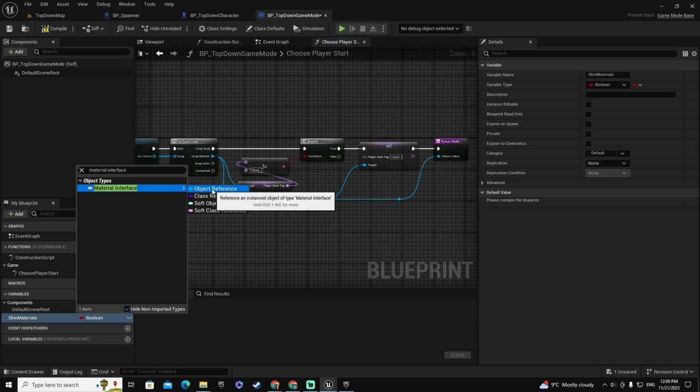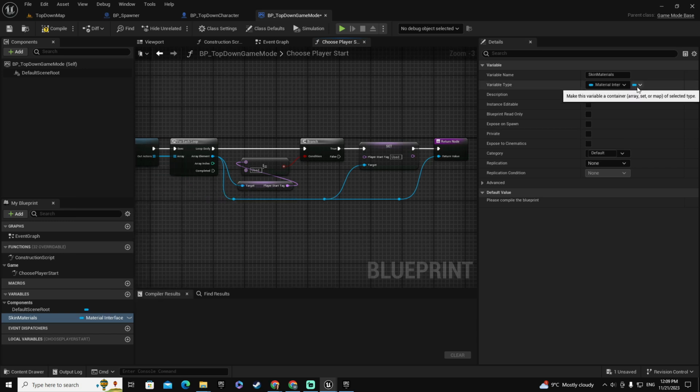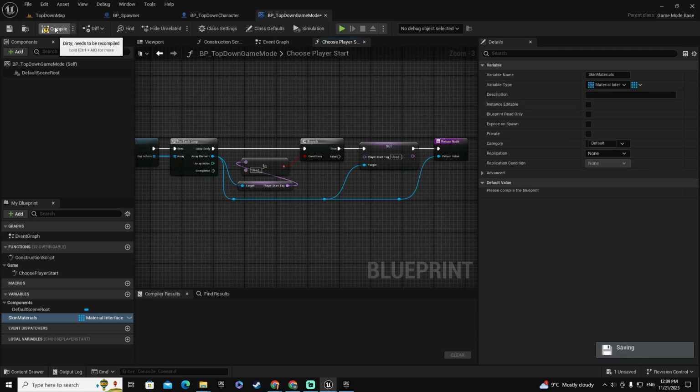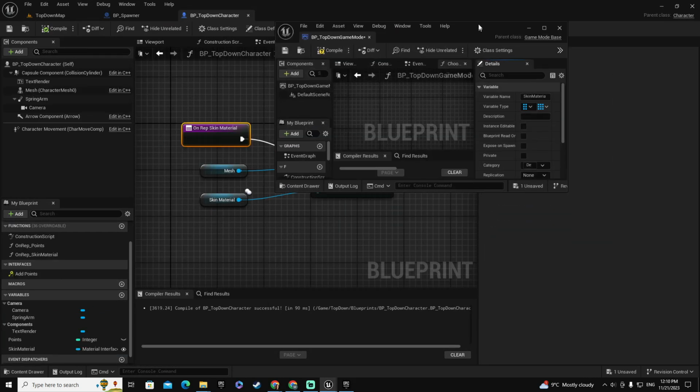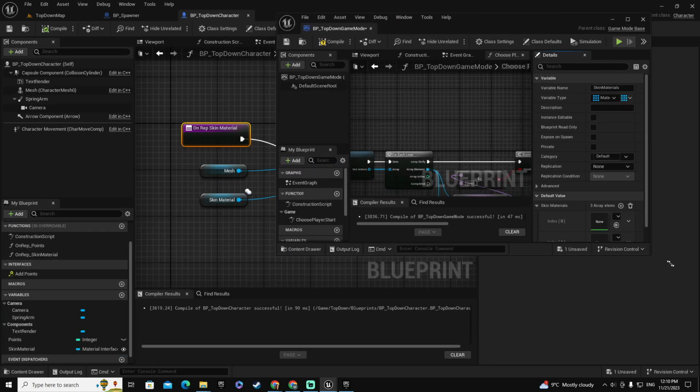And it's going to be an object reference. And here we are going to select an array. Let's compile these changes. And now we're going to add the skins materials here. Let's select 3 of them. And I'm going to open it, move it here for a second to select the materials